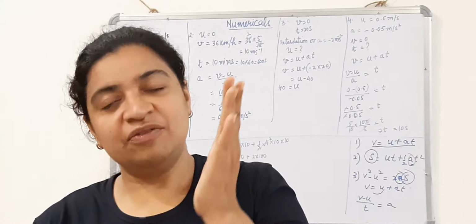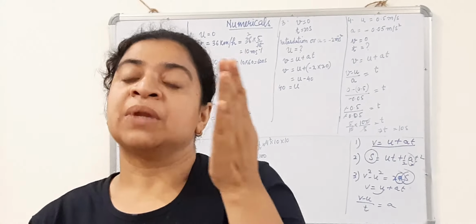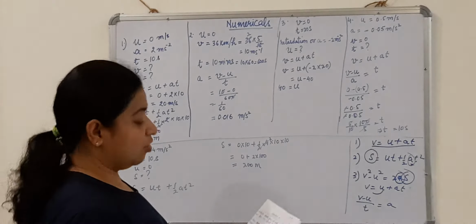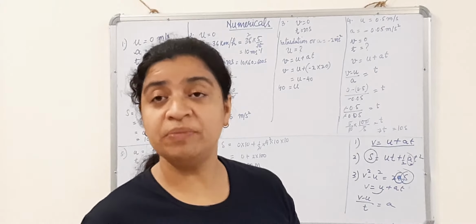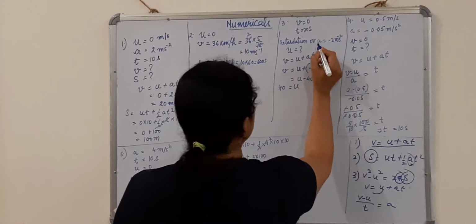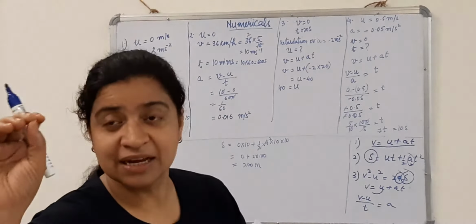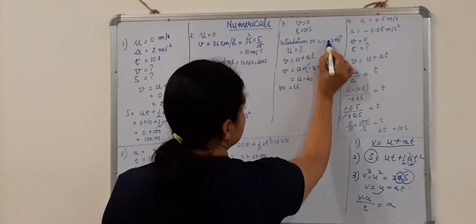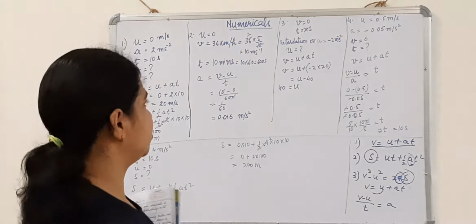In all the cases in which the velocity will decrease, you will take acceleration as negative, because in the question it is mentioned that retardation due to brakes is 2 meter per second square. Retardation, or negative acceleration, or A is equal to, if I put a minus sign with the quantity, it means negative acceleration. Here it is 2 meter per second square. I have put a minus sign here because it is retardation or negative acceleration.